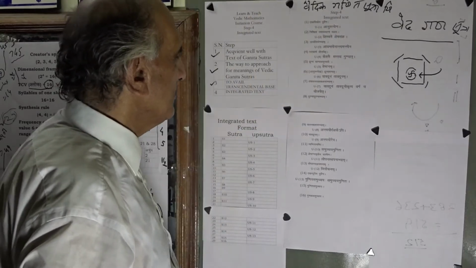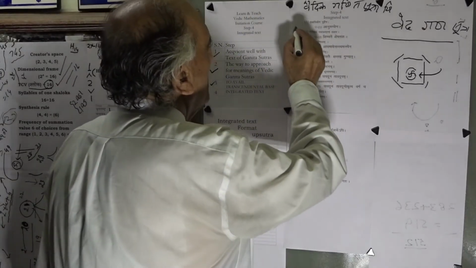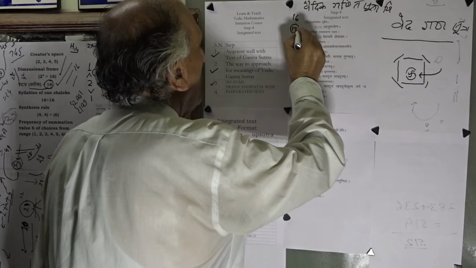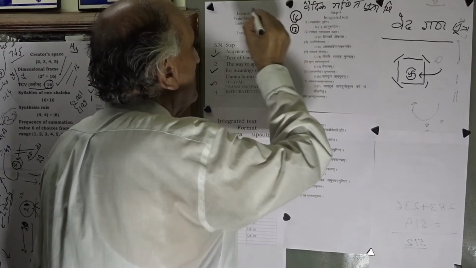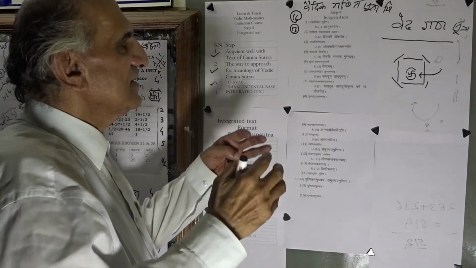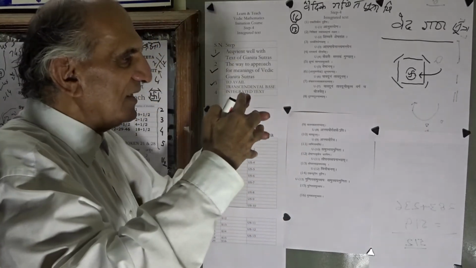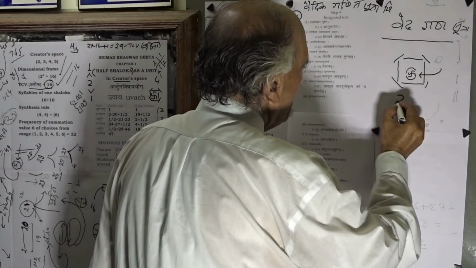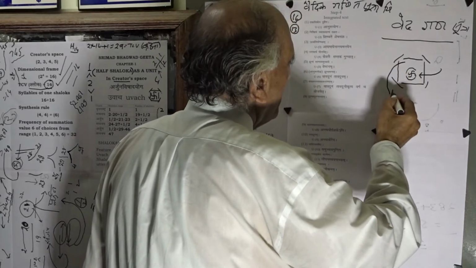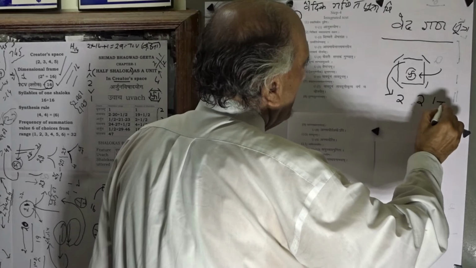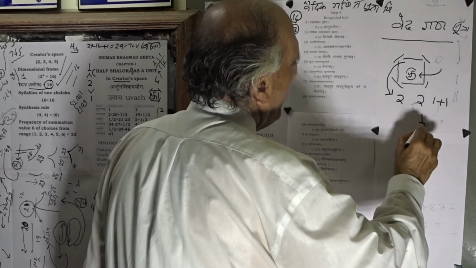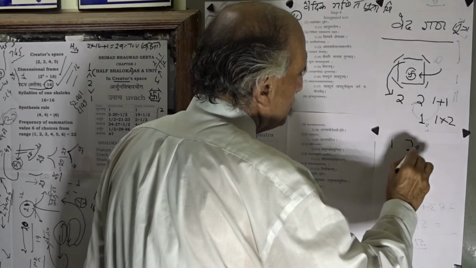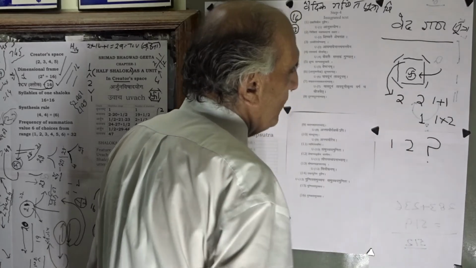By integrated text we mean that Ganita Sutras 16 and Ganita Upsutras 13 are not only distinct domains, but that this pair of domains gets integrated. This integration is there as 2 space is playing the role of dimension of a 4 space. So 2 is 1 plus 1, and 2 is 1 multiplied by 2. So if we go from 1 to 2 and pose to ourselves what will be the next value, then